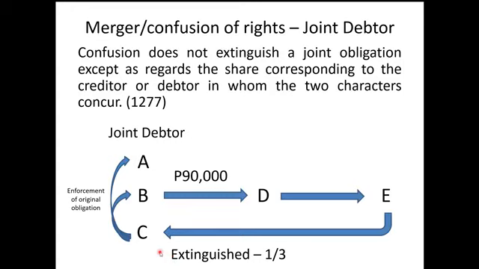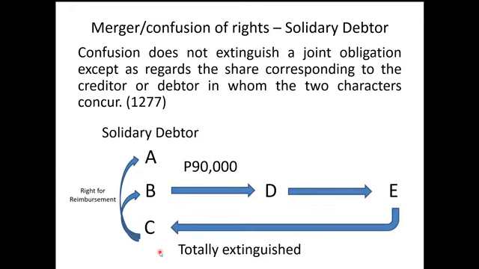Pero let us modify. Punta tayo pagdating sa solidary. A, B, C are solidarily liable kay D for 90,000. Si D inassign kay E, then E back to C. Ang problema, since they are solidary debtors, pagbalik kay C, nag-merge dito, C can represent A and B, that's why the entire obligation is extinguished. Totally extinguished siya. Pero without prejudice on the part of C, na pwede siyang mag-recover kay A and B ng right for reimbursement